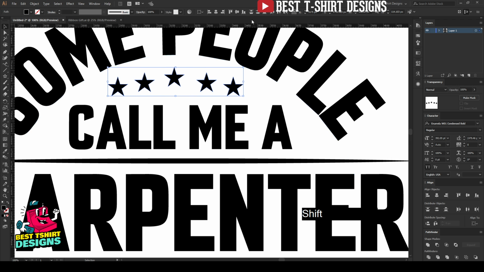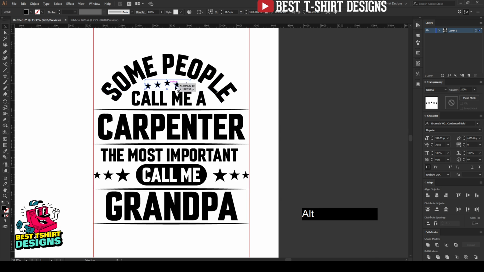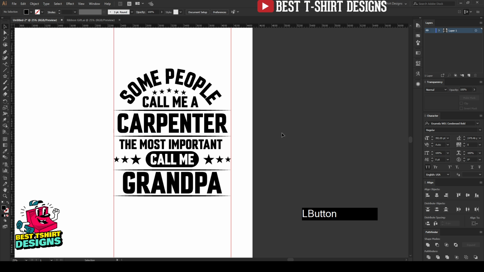I can simply select them all, align them, then distribute the space between them, so like this. That is fine. Now I want to bring these two one time or two times up, then this one upper than them, kind of this position. That is fine. Let's select all of it to bring it down, make them a group, and that is fine. So my design is ready.